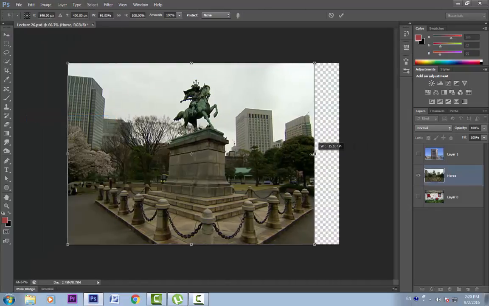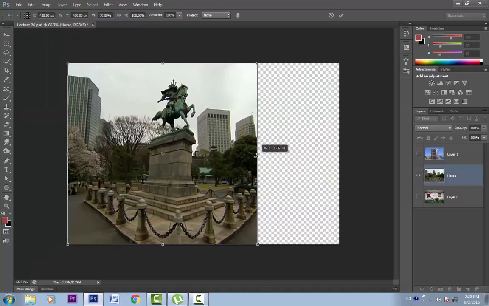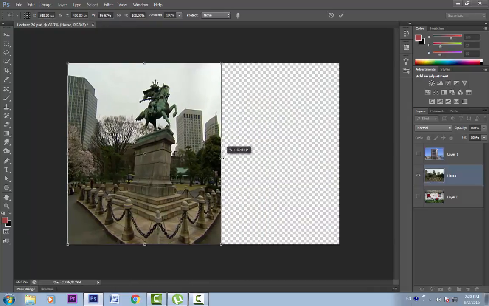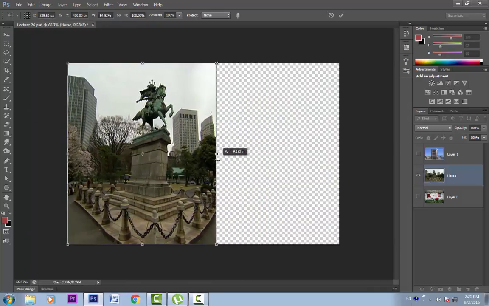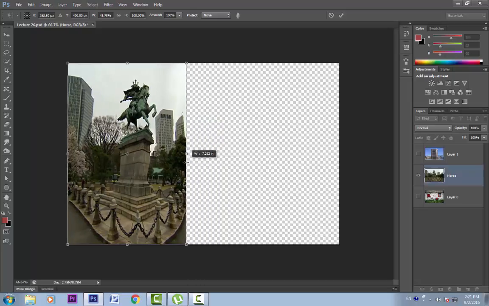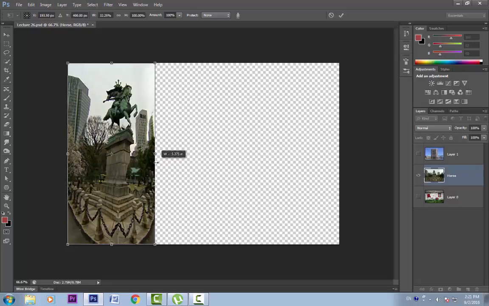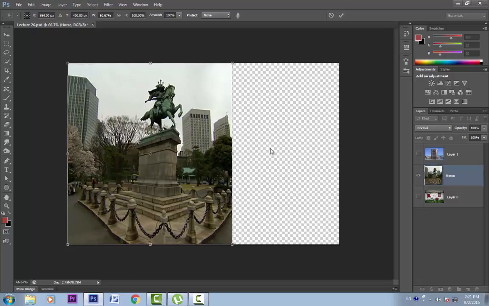Now you can see as I transform, Photoshop tries to maintain the aspect ratio, but content aware tool also has its limitations. If you go beyond a limit, it can't maintain the aspect ratio. I'll keep it here and press enter to come out. Now you can see that it has been scaled by almost 40%, but the aspect ratio is still maintained.